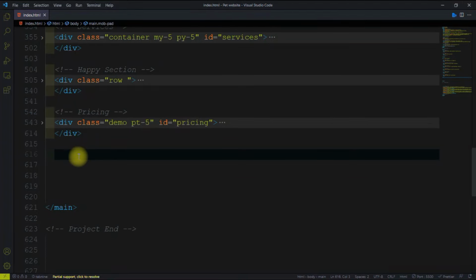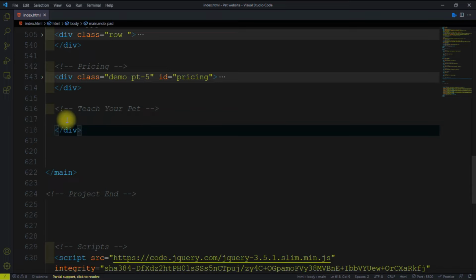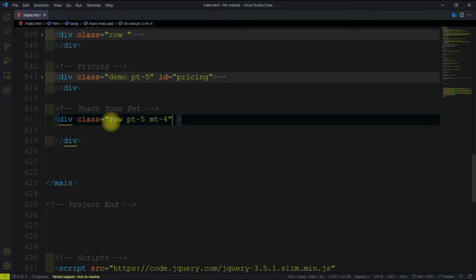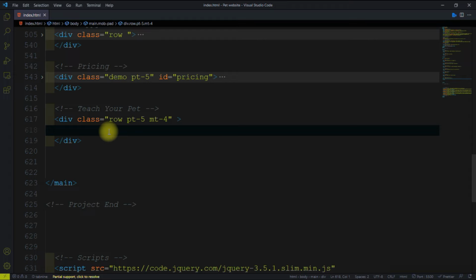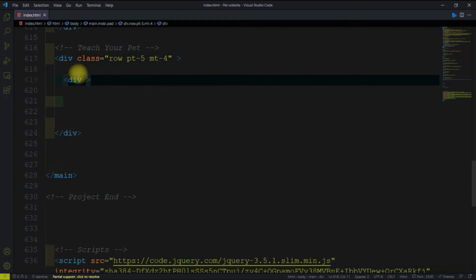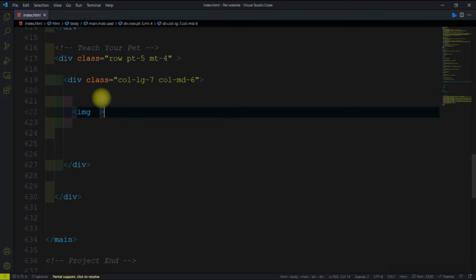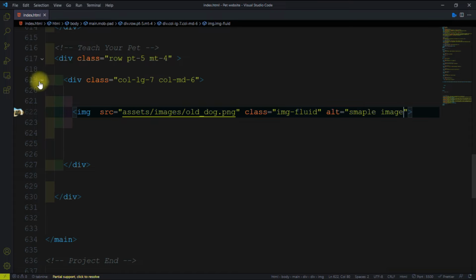So after the pricing, we'll now create the teach your pet section. So after this, we will create a div and give it a class equal to row, padding 5 and margin 4. Then inside this div, we will create a div and give it a class equal to col-lg-7 and col-md-4. Then we have the image source dog.png and give it a class equal to image float and our sample image. So let me open this screen,